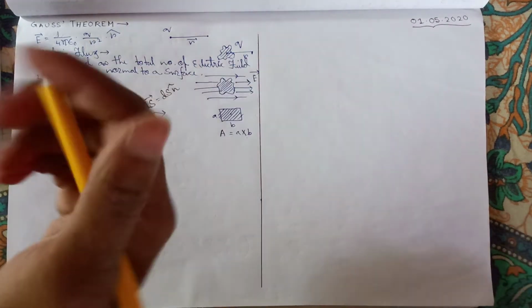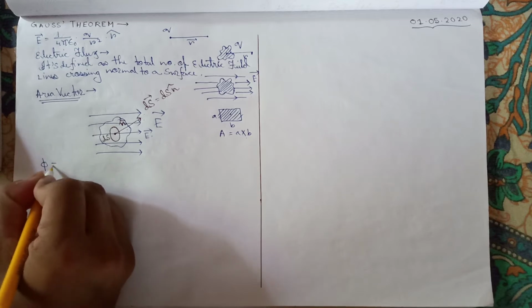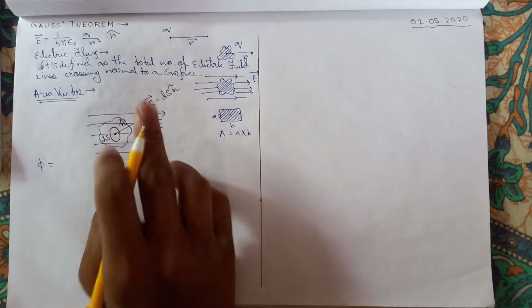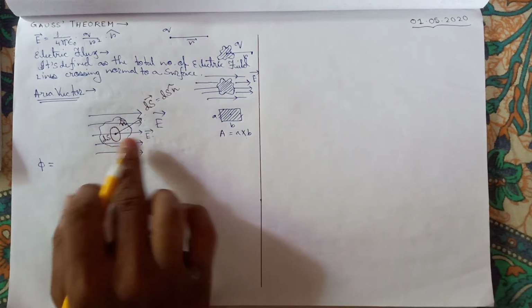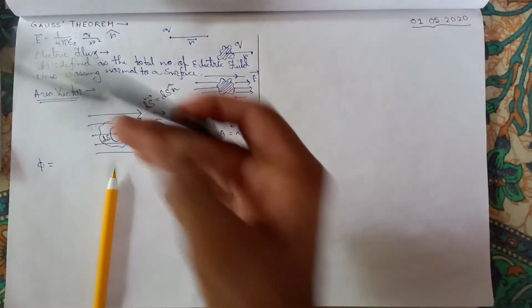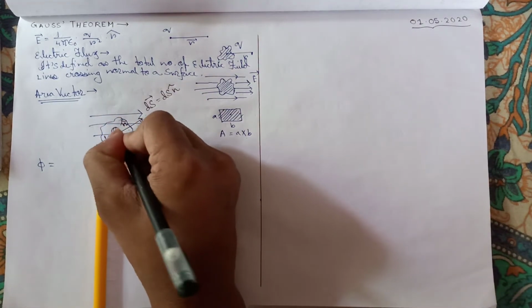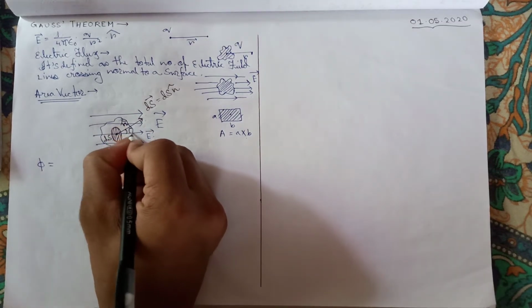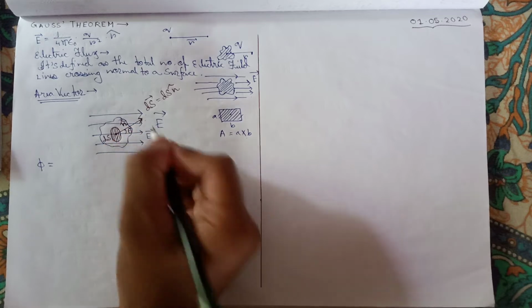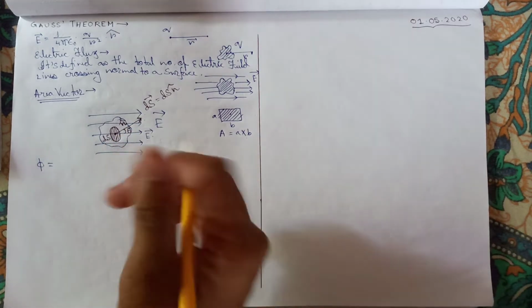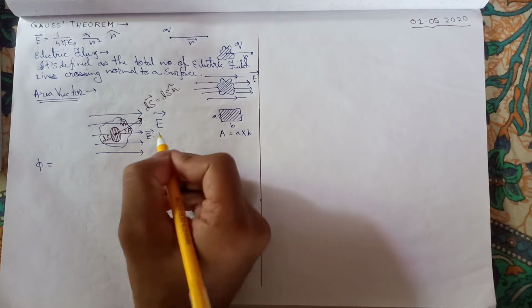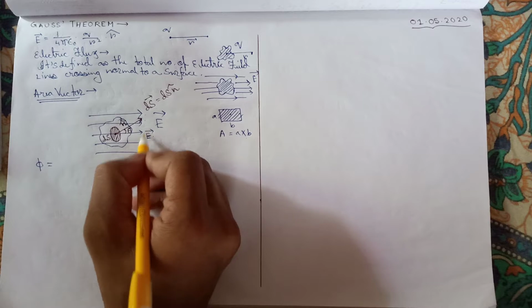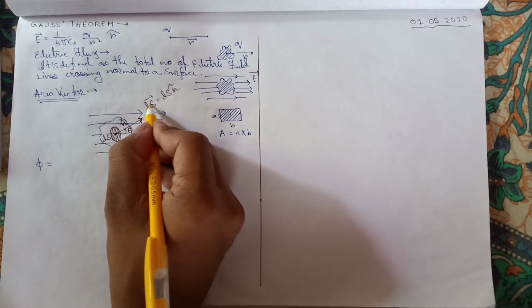So what we have said, the electric flux phi is defined as the total number of electric field lines crossing through the area normally. But here the electric field is not normal to the surface area, right? To that ds area, the electric field lines are not normal, but we can say the electric field lines make an angle theta with the area vector ds. Then we can say the sum of its electric field lines will go along this area vector.